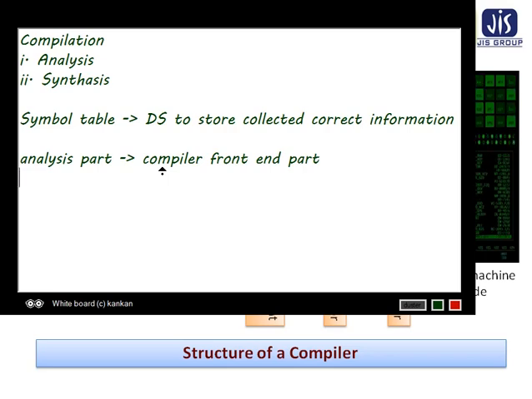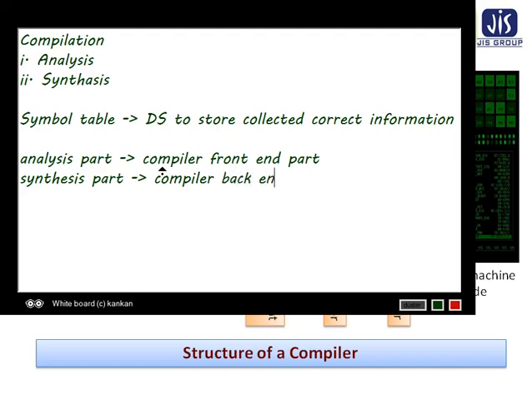Already I have told you, this is the back end part. Synthesis part, compiler back end part. Okay, this is the compiler back end part.